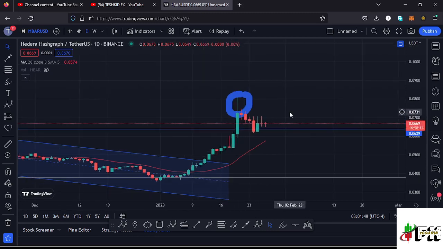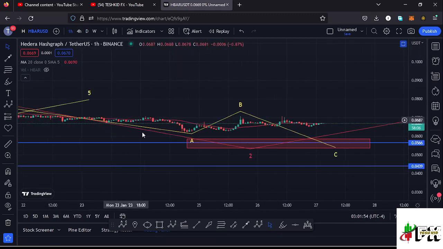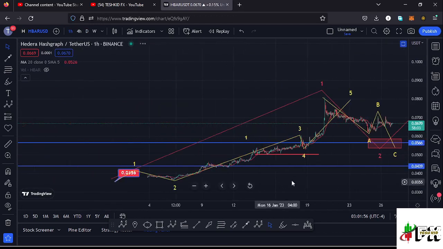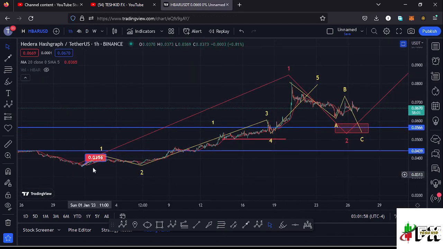And to give you the short-term scenarios that I'm expecting as a result of this corrective structure, I'll be jumping to the 1 hour chart, where you can see that I have these Elliot wave structures, where you can see that after making our low at around the $0.0356 mark, Hbar started a very nice bounce to the upside in